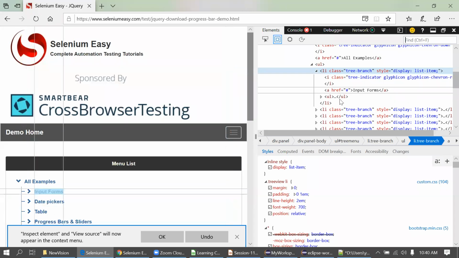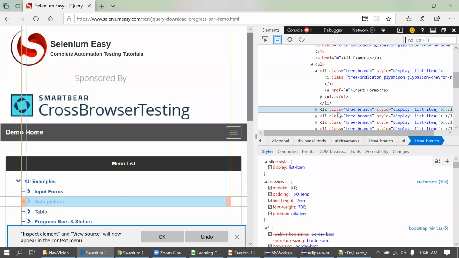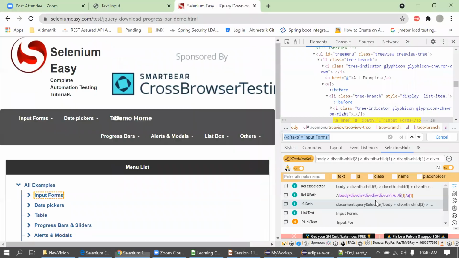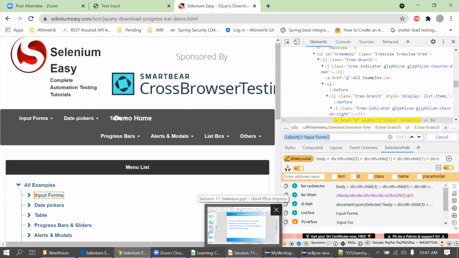Okay, so we cannot create XPath here. Okay, fine. Is there any doubt here? Or shall I go with more examples?